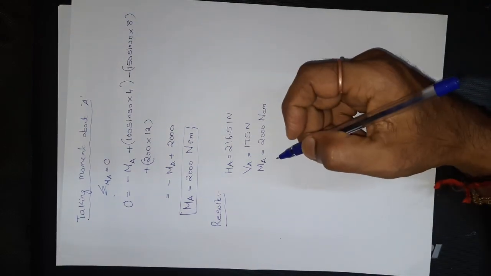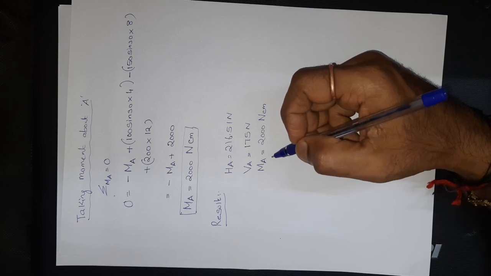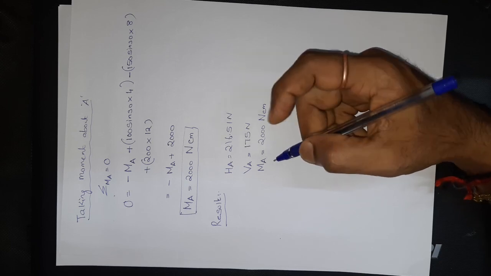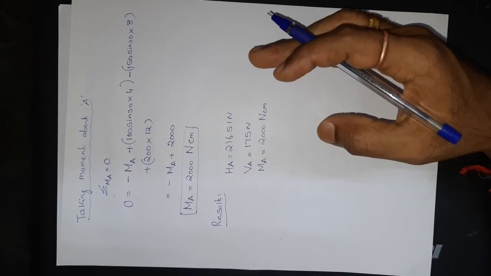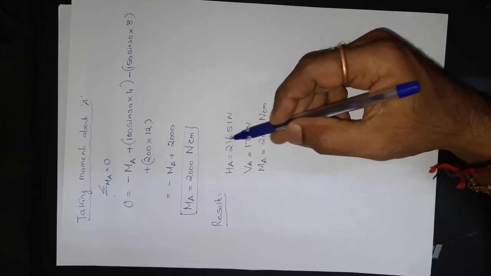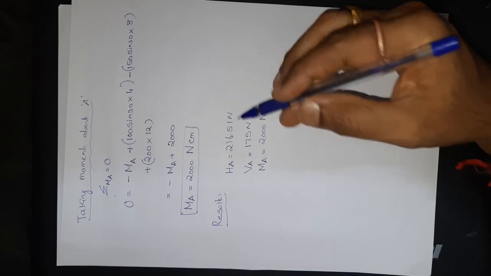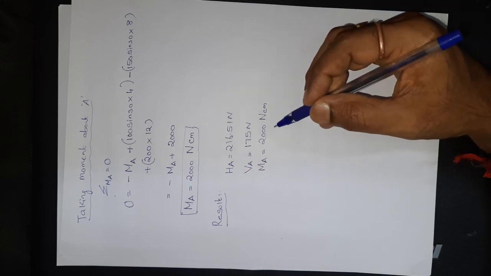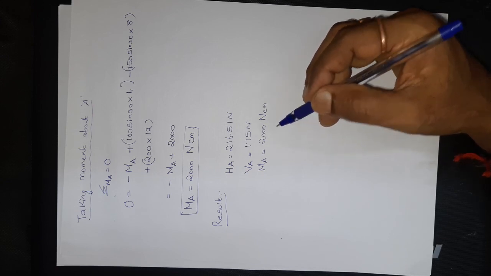So hope you have all understood how to solve such kind of question when asked. So remember the number of reactions for the supports. If it is a roller support, the reaction would be 1, that is vertical reaction, and if a hinged support or the pin joint is there, then there will be 2 reactions. One is vertical, the other one is horizontal. And when the support is a fixed support or built-in support, there will be 3 reactions, one vertical, then horizontal, the third one is the moment, right?